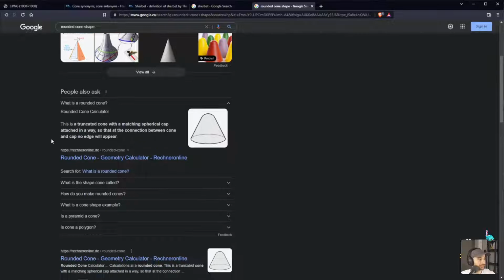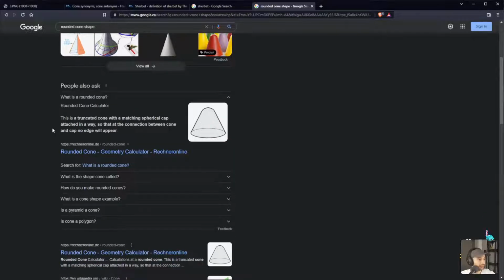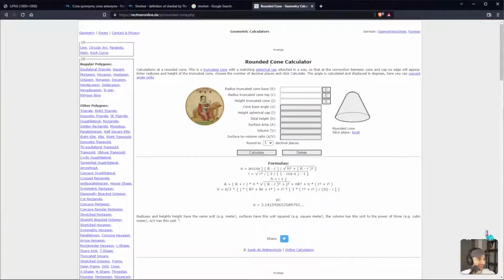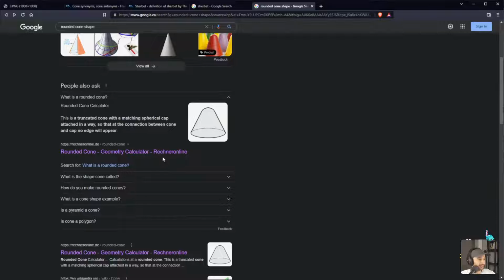Yes, I am curious. This is a truncated cone with a matching spherical cap. Okay. Is there a word for it? Oh, what is this word? Where'd that word go? I want that word back. I didn't want to leave. Okay.